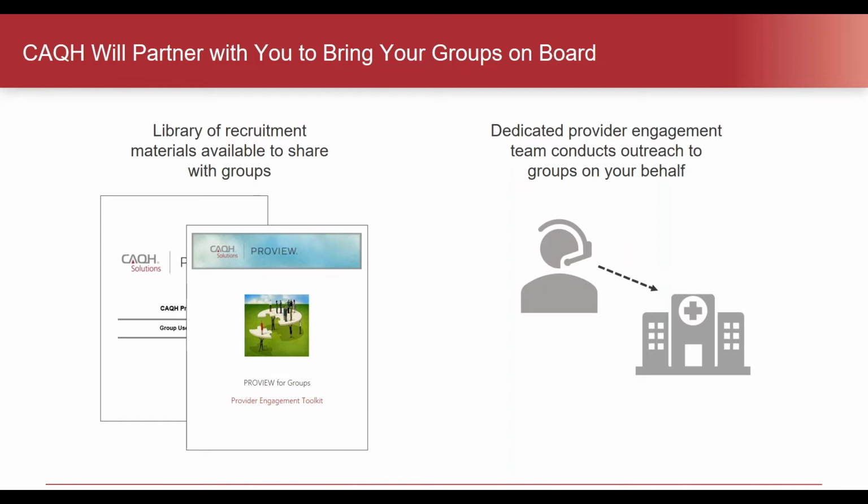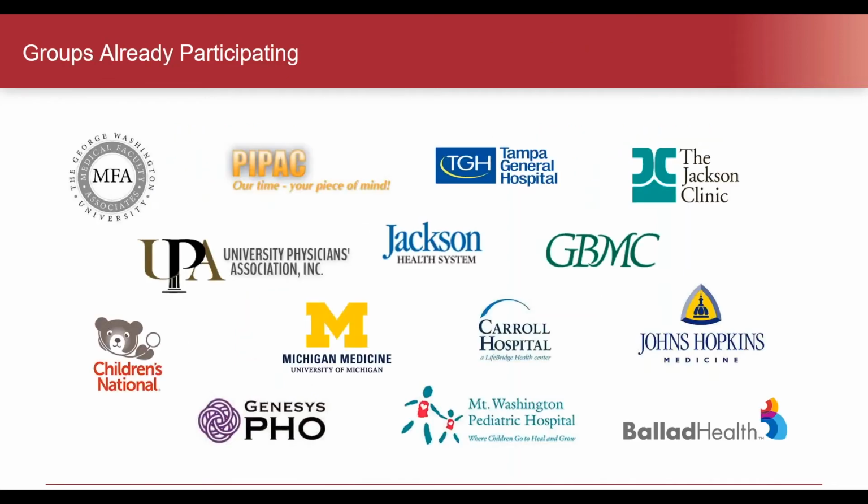Here you can see the groups that are already participating, the wide range of geographic areas, and size of groups. We have some that are hundreds, some that are thousands. So we've made sure to include a wide variety of groups within our solution design such that it meets all stakeholder requirements. In addition, we also have the member plans that I mentioned earlier, some examples being Anthem, Centene, several Blue Cross Blue Shield, and Kaiser.